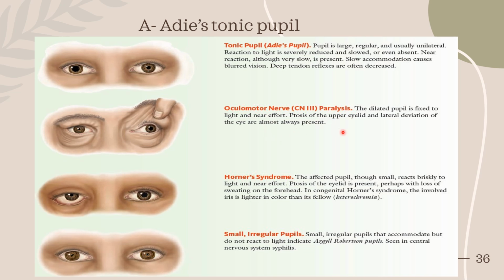third nerve palsy? In third nerve palsy there is also a dilated pupil, because the constrictor pupillae is supplied by the third nerve. The dilated pupil is fixed to light and near effort. Again, there can be ptosis of the upper lid, because that is also supplied by the third nerve. And lateral deviation of the eye is almost always present, because